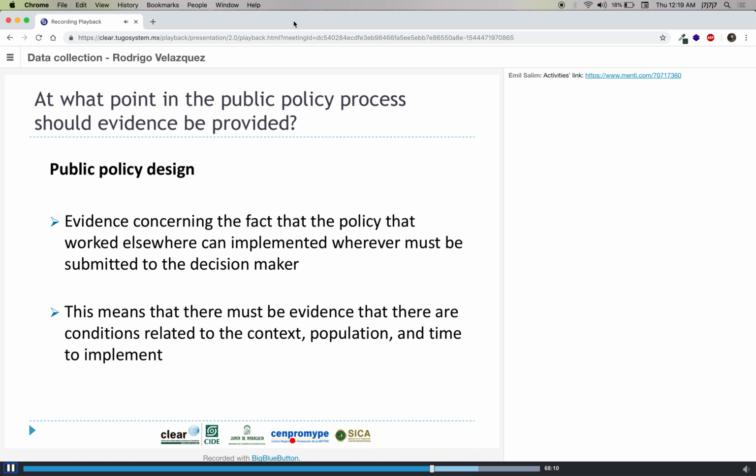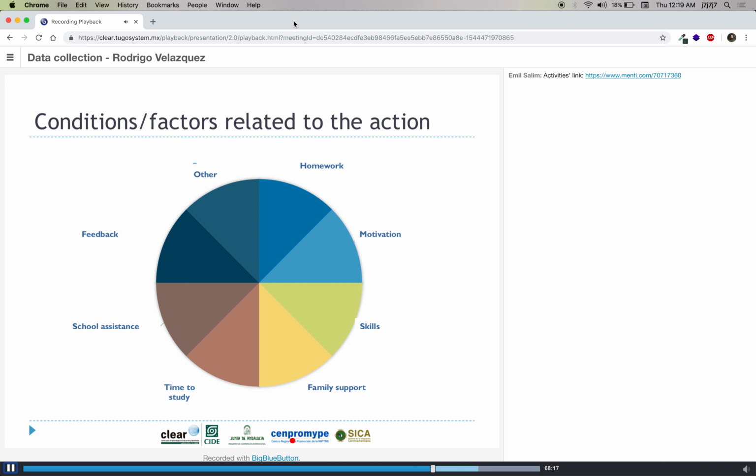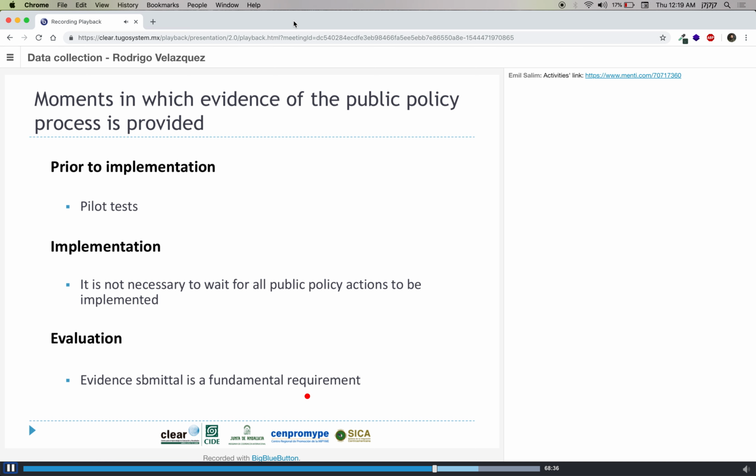And finally, and I think that in this stage this is more clear, because of course, there is no evaluation without evidence. We have to provide evidence. Evidence is fundamental in evaluation. So of course, we have techniques and methodologies for the evaluation, but it has to include evidence so that we can have a better understanding of the public action and how it is working, if it is improving or not the problem that it wants to solve.